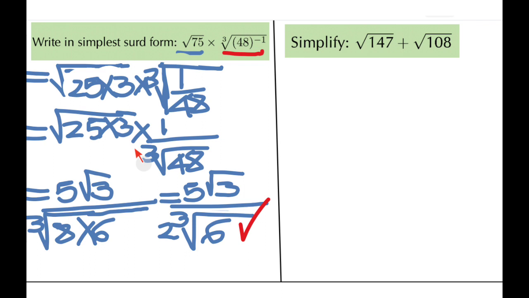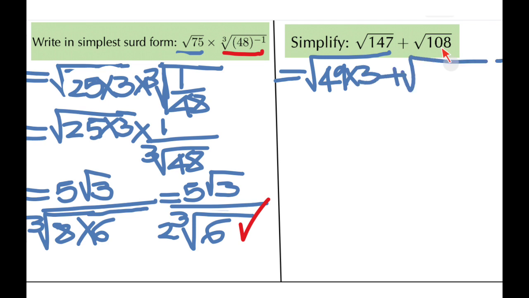Now another similar scenario is when you are given the question simplify and you've got 2 surds that you're supposed to simplify, add together. Same story as with the root 50. Break 147 into a number multiplied by a perfect square. Let's try and see. 147 divided by 49. Yeah, gives us 49 times 3, plus